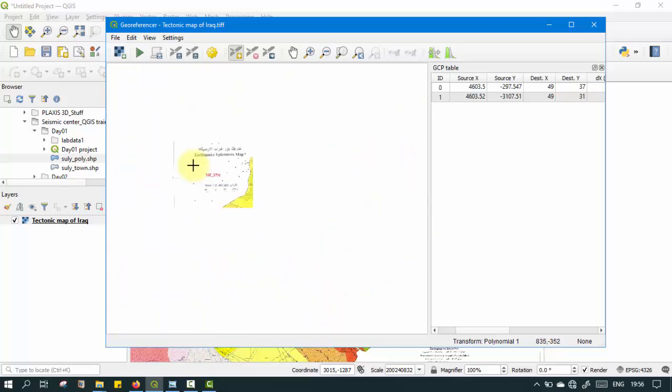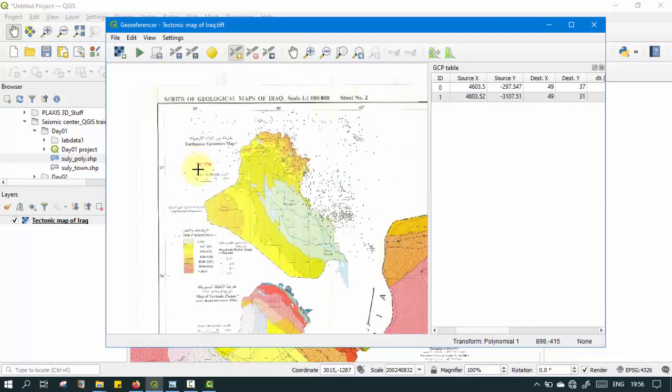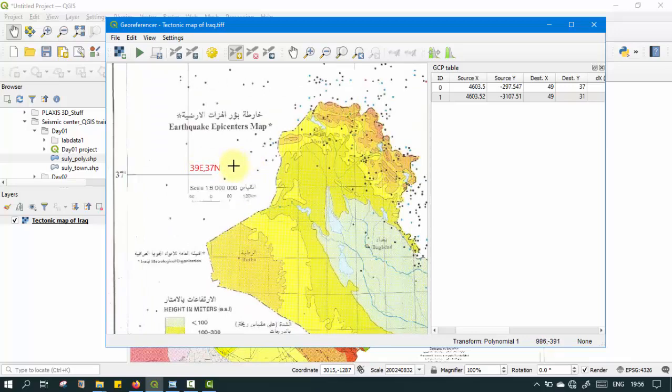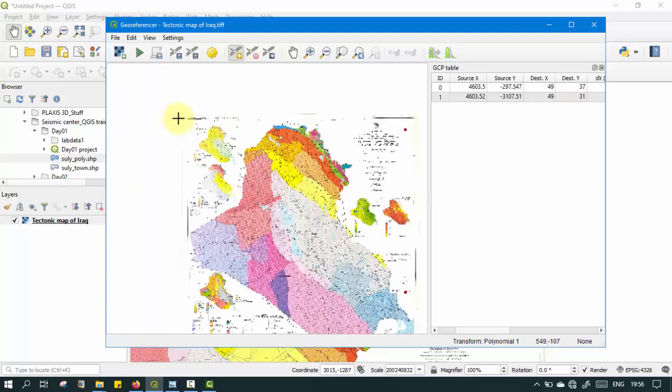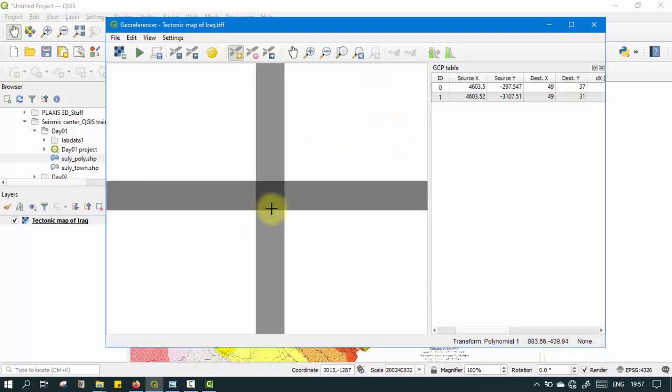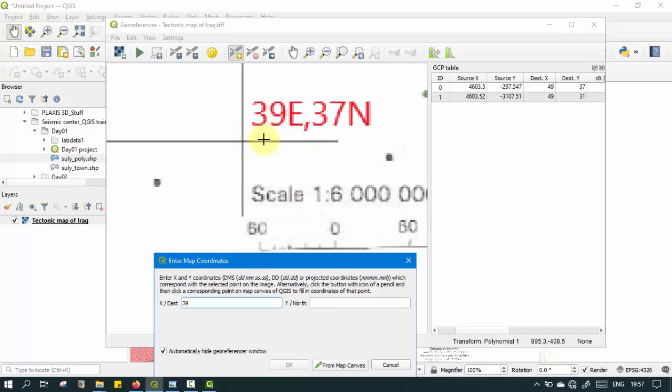Something to remember while using ground control points: for example, for polynomial type 1, you must have three or more ground control points, and these three or more ground control points must not be collinear, that is, distributed on the same line or direction. As we have three points, these two points are collinear, but this one is not collinear with these two points. (39, 37). Okay,